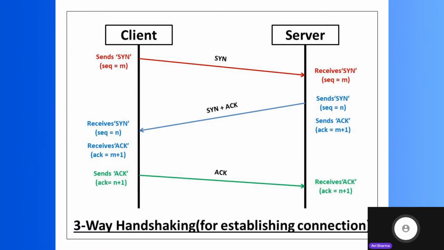What is sequence M? Attendance at the end. Sequence equals N means that it has sent that. So first, the first thing that was sent had a sequence equal to M. Then it sent back N. That is something key. Okay, I have recognized your request, along with an acknowledgement which was M plus one.